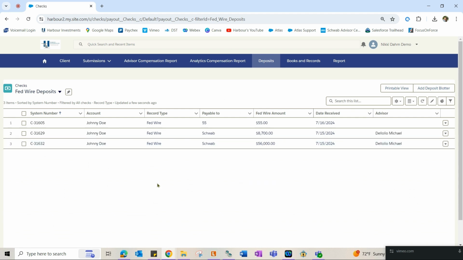and I can see that one I just made. Again, the whole point of this process is so that you guys don't have to fill out the deposit instruction form. These blotter submissions are taking place of that form, so that's why you're not required to upload anything. The biggest thing to remember is for